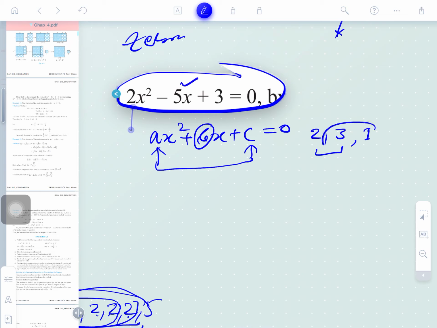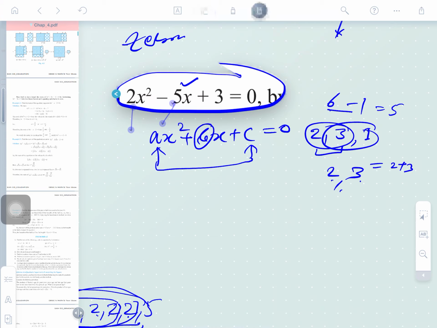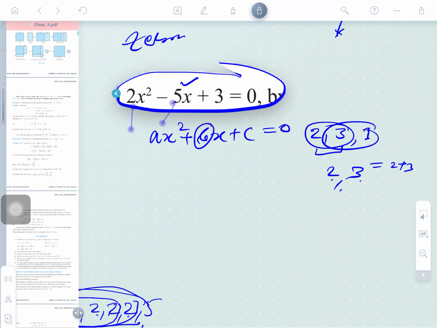So, first, initially, 3 times 1 is 3, and 2. So 2 plus 3 is 5. And we can also set 2 threes are 6 and minus 1, 6 minus 1 is 5, and 2 plus 3. Two ways are there here. Is that clear? Which way will be best to use? We will see the situation. If one of them is negative, then one will be negative and one will be positive. 2 is already positive here, so 3 positivity will be created. So this way is not to be taken. This is the right way for that.